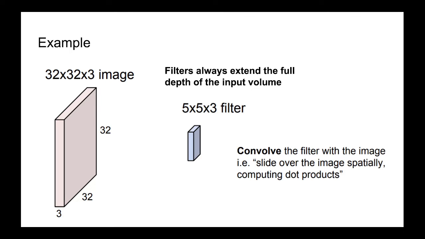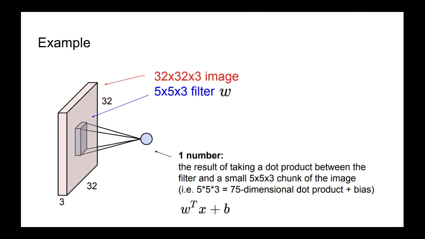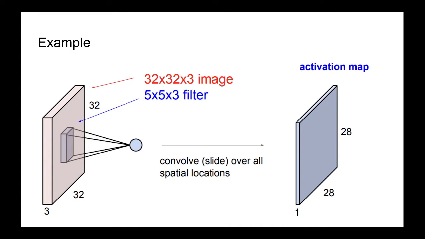and that will give me just one output at each location. So what it is actually doing is, I'm moving this 5 cross 5 cross 3 chunk over that entire volume of 32 by 32 by 3, and at each point what I'm doing is a dot product, W transpose X plus B. So it's like if I flatten that neighborhood from the image and the weight into 1D vectors, and take the dot product and add a bias, that's what the output will be. So if I use just one such filter, the output dimension I get here is 28 by 28